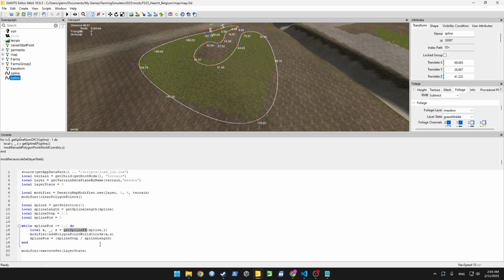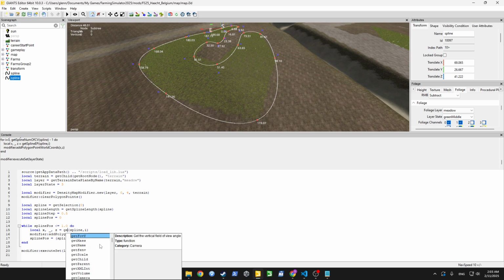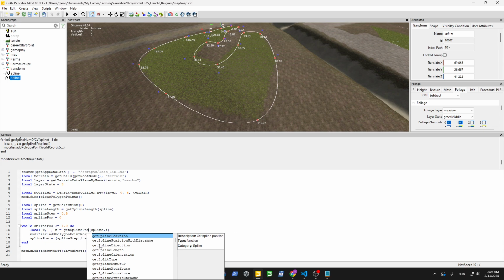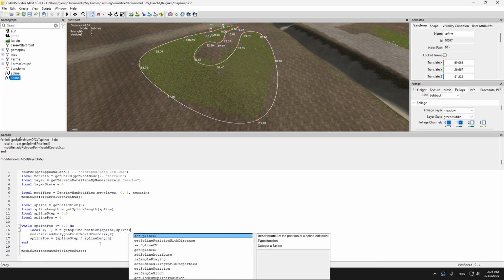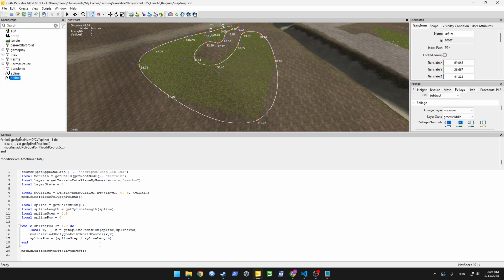This one is not going to work anymore. So we need to get the position on the spline. Time. That's exactly what we're looping through. So that should work. Now when we remove this and we run our code again,